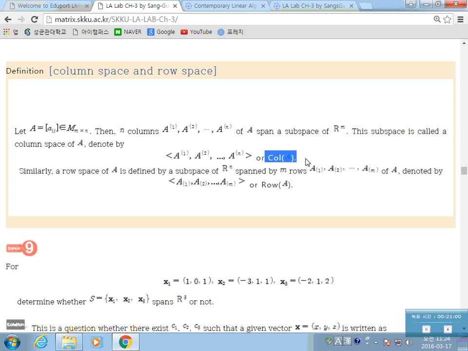And also you have m rows. If you have an m by n matrix, you have m rows. Then you can think about the linear combinations of those row vectors. The set of all those linear combinations of row vectors forms a span, right? Which is a subspace. We call it the row space. So we write it as the row space of A, like this. Okay?